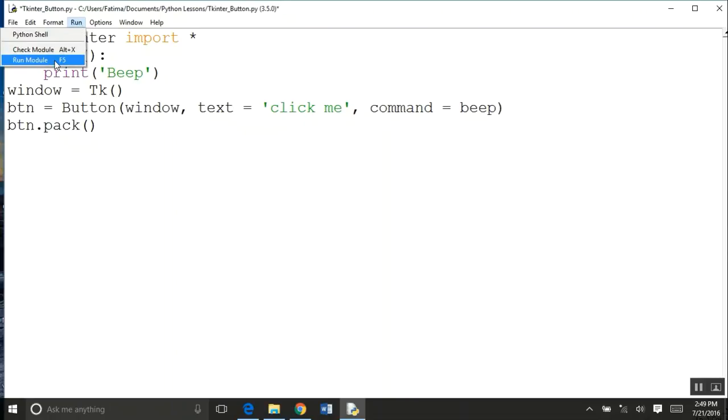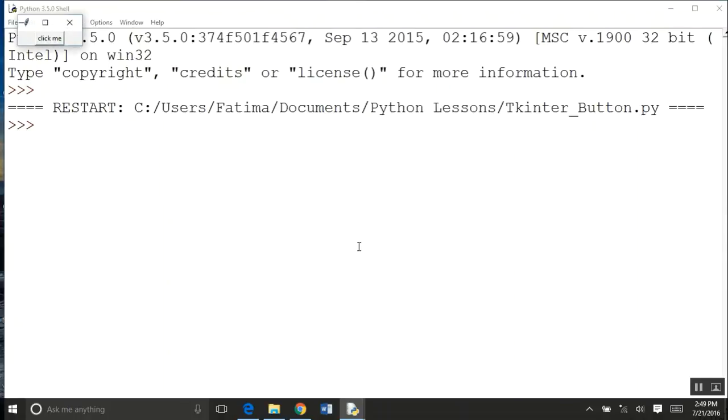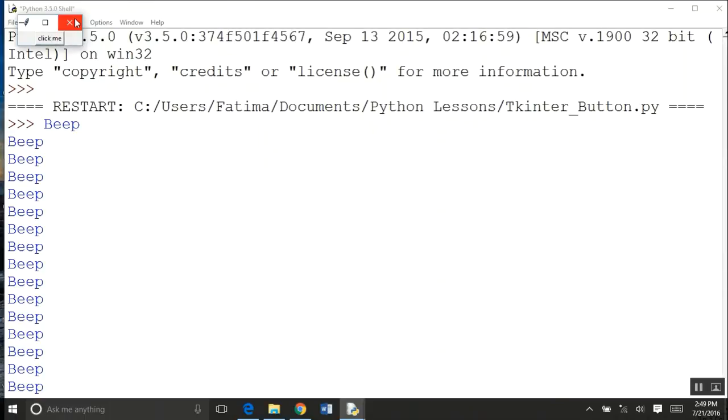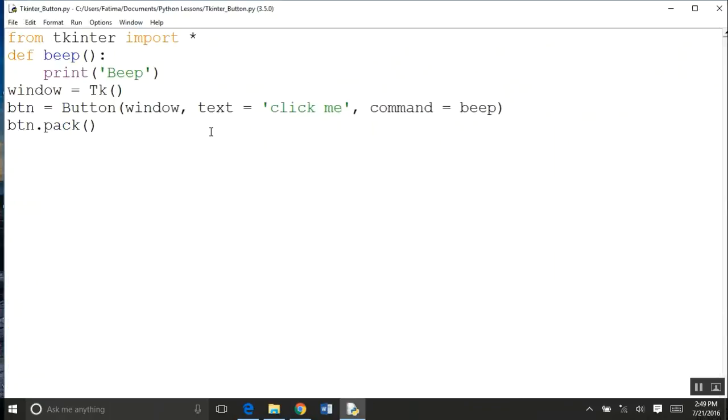Now if I run this module and hit OK to save it, I again see this click me here. If I click on this click me now, you can see that it's just printing out beep, beep, beep, beep, beep. So that's how the Tkinter module works. With Tkinter, you can create buttons, labels, text boxes. In this example, we just showed you how you can use Tkinter to create a button. We also created our own function and associated that function with the button so that when we click on the button, this function